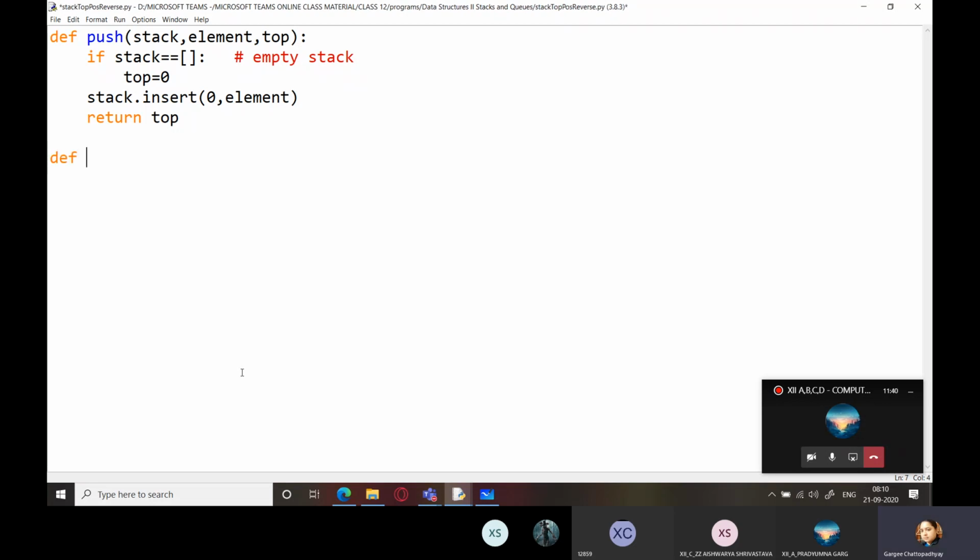So top is never going to change. Hence, I did not write the statements for incrementing the value of top. We will see if there are any mistakes, we can remove it later.